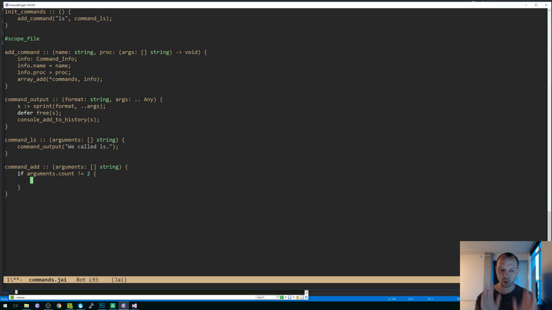So first we're just going to write the dumb version of this, and then we're going to write the version that makes us not have to do all this dumbness all the time. So command output error: add requires exactly 2 arguments, right? Return, and then